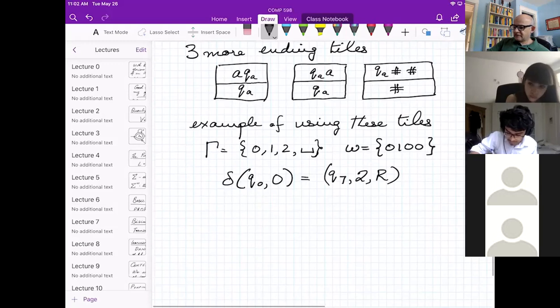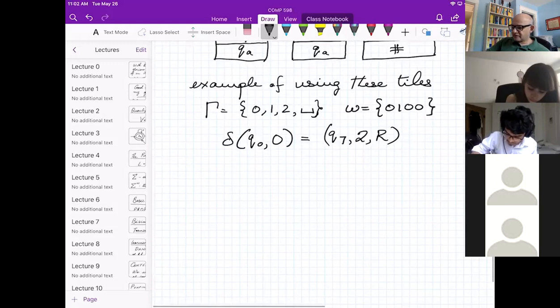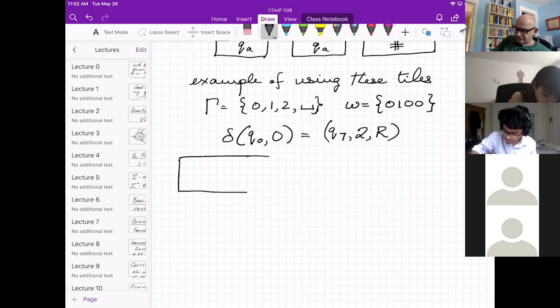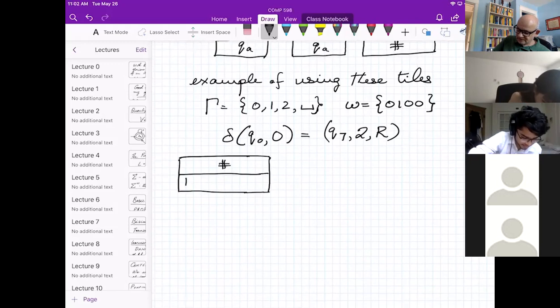And let's see how the computation goes. So we start with our designated start tile. We have no choice. And the start tile looks like this. And that's it.